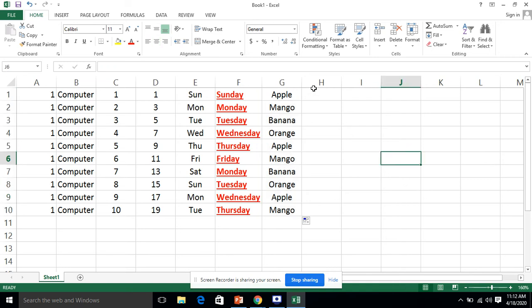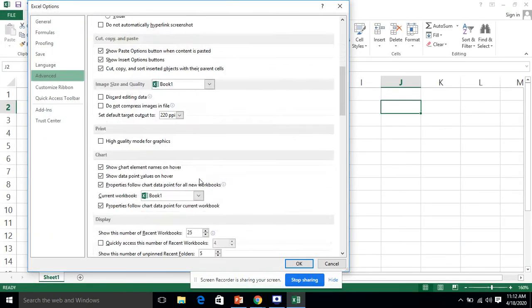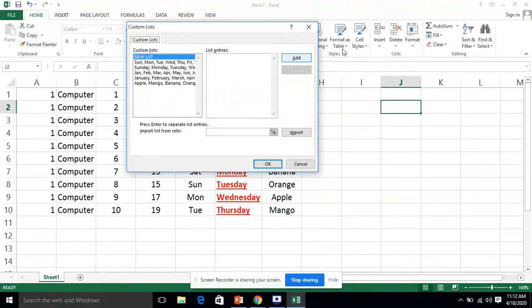Let's suppose I go to Options, then Advanced, then Custom Lists. I add one more, for example, stationery: pencil, comma, pen, comma, eraser, comma, copy, comma, scale. This is my custom series.